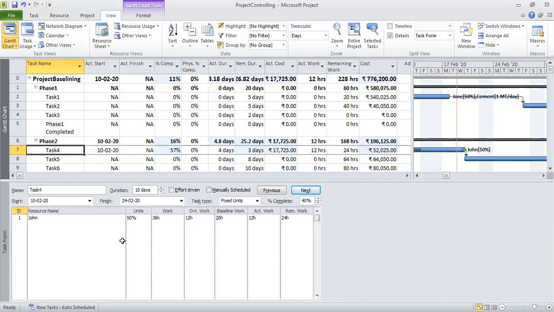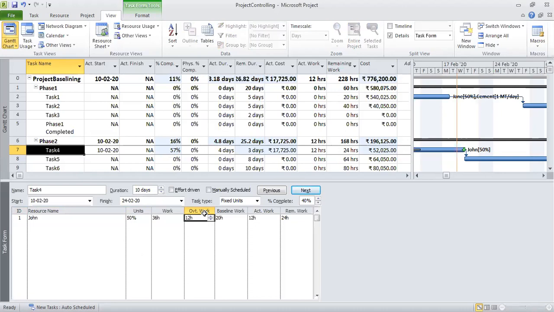The resource may work extra hours beyond the 4 hour capacity that is now available with John. So for that you need to insert the total amount of work time.